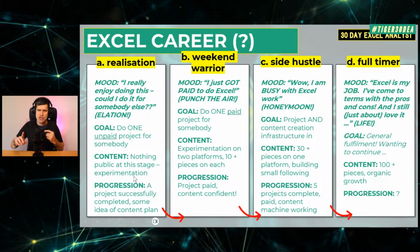So experimentation, what are the different options here? Because you can see through my whole strategy, the strategy that I'm recommending here, you do need to be doing content. So progression from the realization stage is there's one project successfully completed. So that means you've understood the customer requirements, although they're not paying. You've done the implementation, you've given them the file, and they're using the file. They're probably coming back to you with questions. They'd like to do more work. That's great. But that project is successfully completed according to the definition of completion that you gave at the beginning